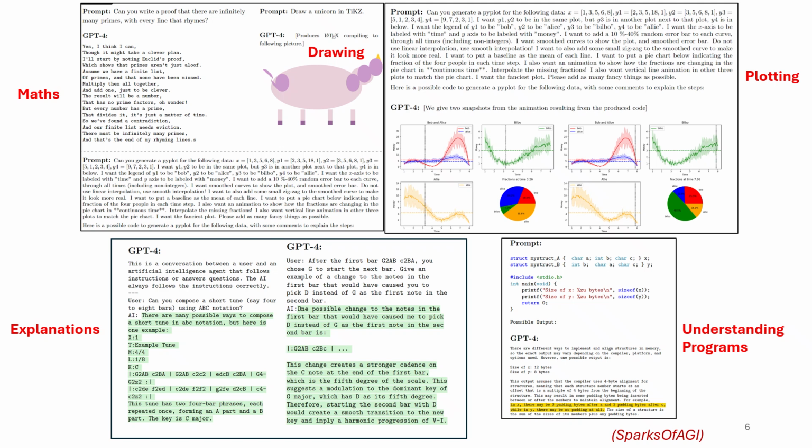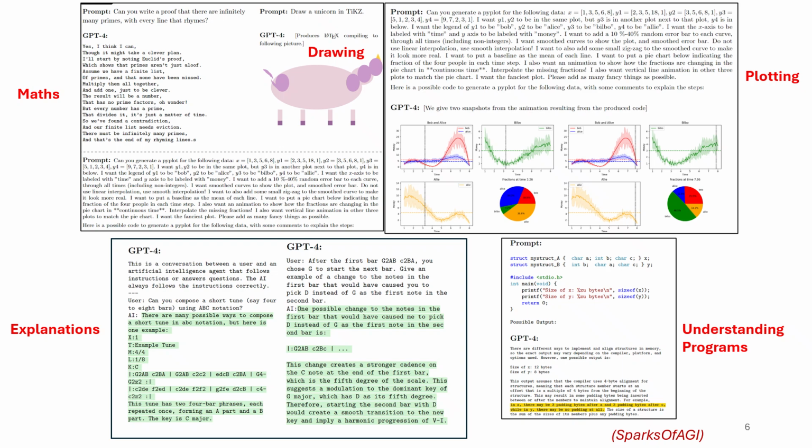And there are these wonderful examples from this paper, Sparks of AGI, which you should look at, where you can see that the model can do math or math plus poetry, or it can generate code for plotting. It can explain code, understand programs, etc. So that's the wide range of possibilities